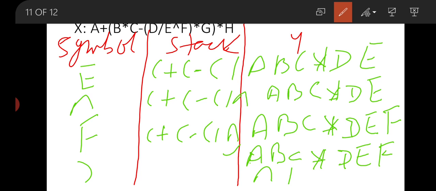हम तब तक पॉप करेंगे जब तक कि लेफ्ट पैरेंथेसिस नहीं मिलता है. लेफ्ट पैरेंथेसिस जैसे मिला हम लेफ्ट पैरेंथेसिस को भी डिलीट कर देंगे. अब हमारे पास स्टैक में क्या बचा, लेफ्ट पैरेंथेसिस प्लस लेफ्ट पैरेंथेसिस एंड माइनस. अब हम फर्स्ट लेफ्ट पैरेंथेसिस को डिलीट करेंगे, बाकी रेस्ट विल बी सेम. Now this is the stack, now until the right parenthesis.